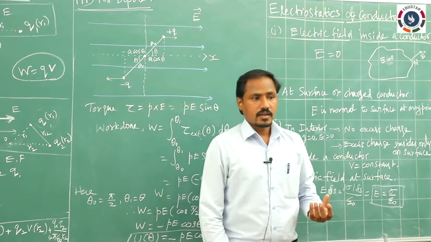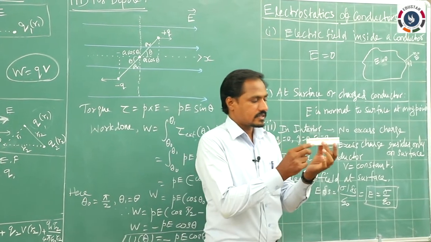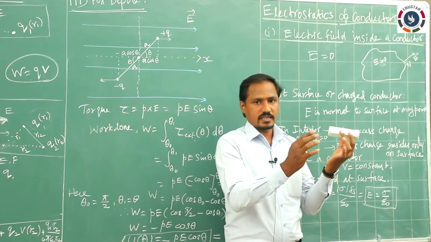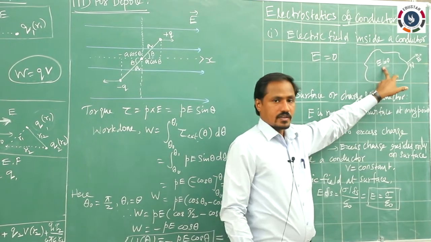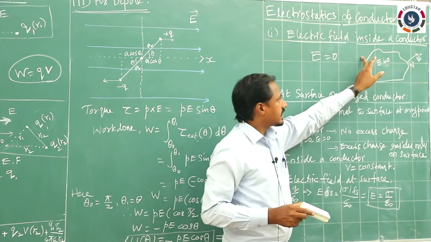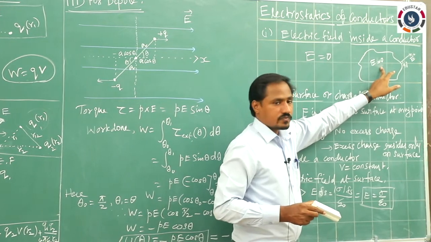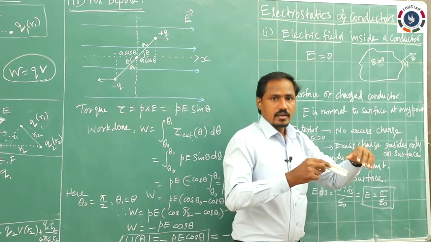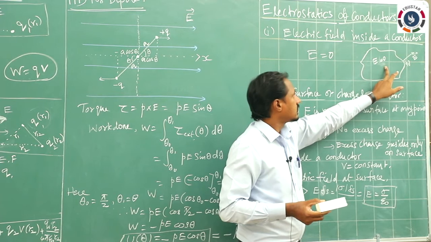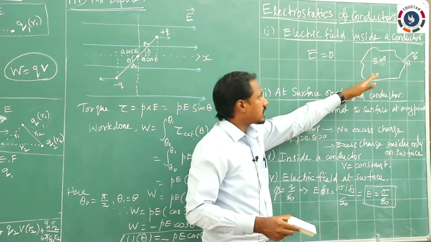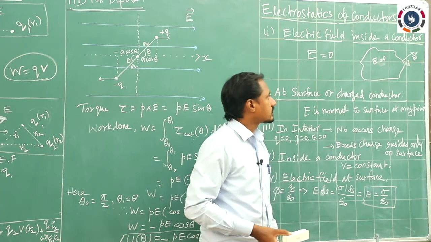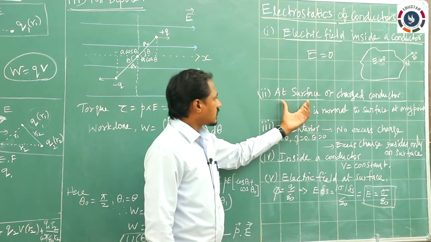If you consider the neutral one, a normal material, if it is a metal, the electrons move randomly in all directions. So there is no net electric field at any point inside. If it is charged, meaning you apply charges on the surface, the field due to the charges will cancel at any point inside and finally E equal to 0 at all points for charged conductors. So whether it is neutral or charged, E equal to 0 inside the conductor, not outside, only inside the conductor.